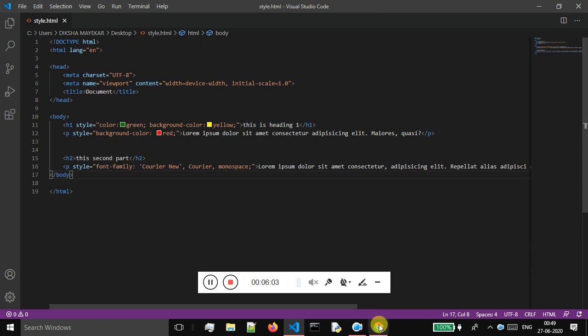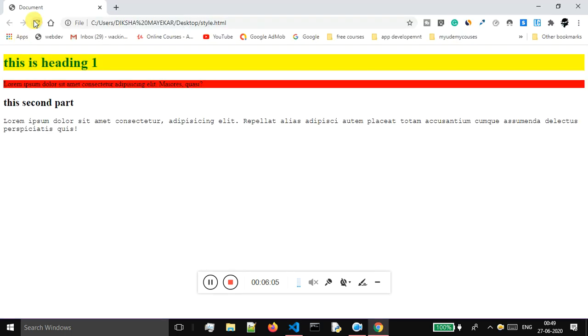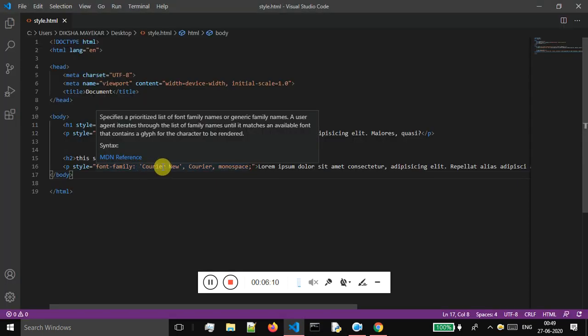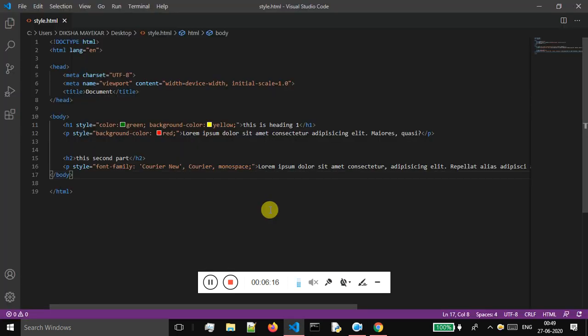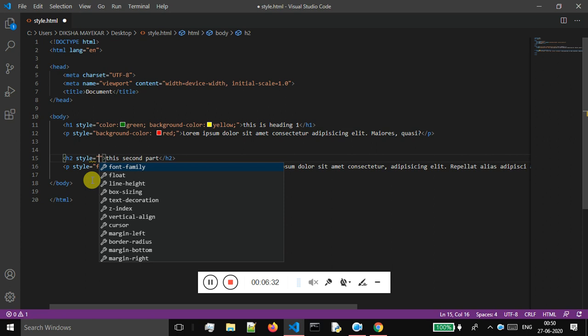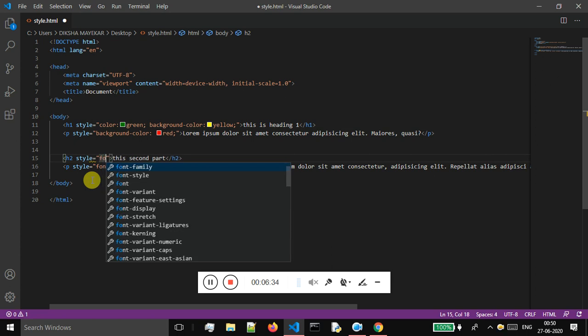I will save this, come over here and refresh. So as can be seen, this first property has been applied, which is Courier New, and because of which I am getting the text in this format. And the next property we will be looking at is font size. So if you want to change the size of the font, then you can do that. I will give that on this heading. I will say style, then I will say font size,